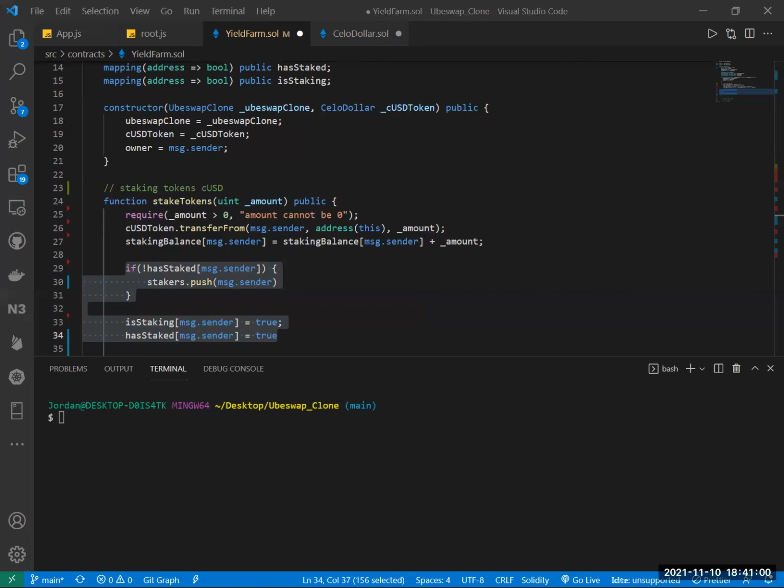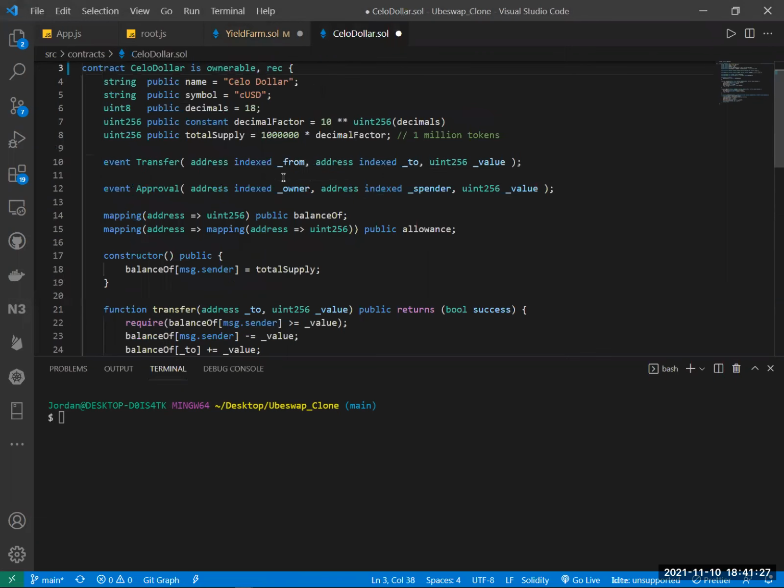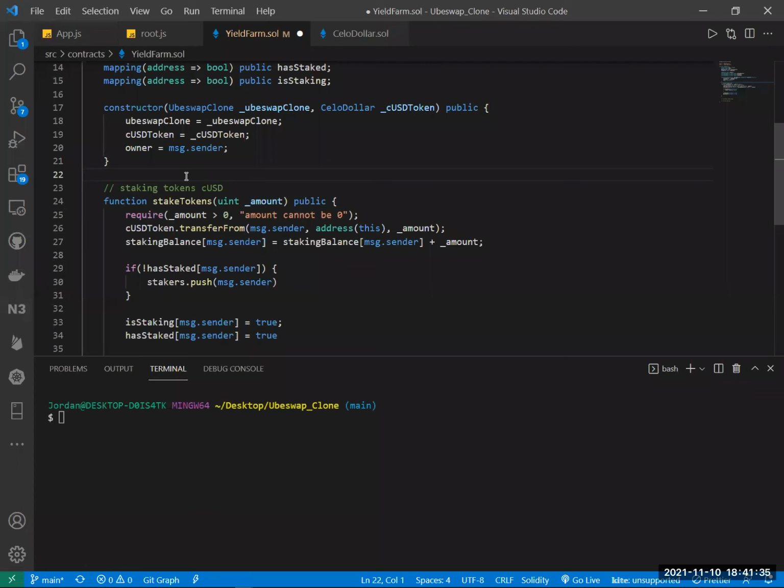So what I want us to do next is to at least have a feel of how to deploy to the testnet using the CMD or the VS Code. So once you have written your code like this, you'll be good to go. So let me save everything that I've written here. So let me save this one, and then